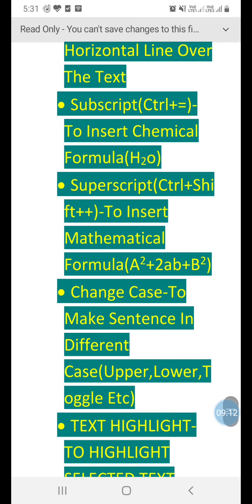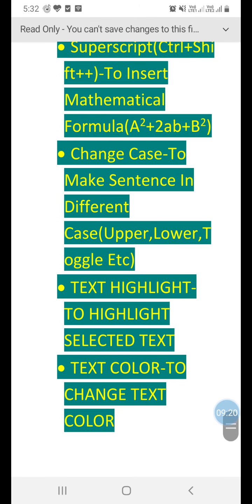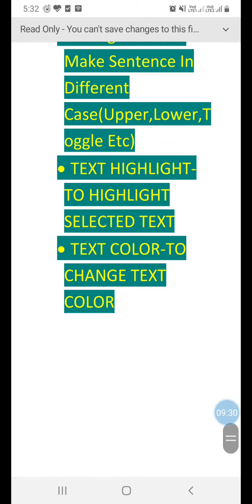The change case option is used to change text into capital letters, small letters, sentence case, etc. We can also use the text highlighter to highlight the text. It contains different colors which are used to highlight the text by changing its background. The text color is used to change the color of that particular text.